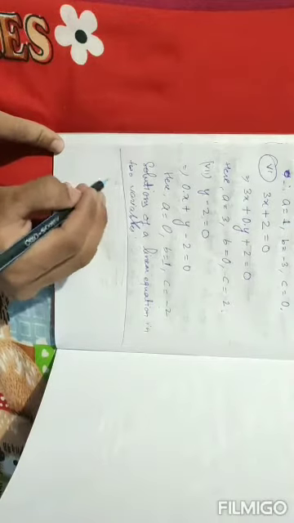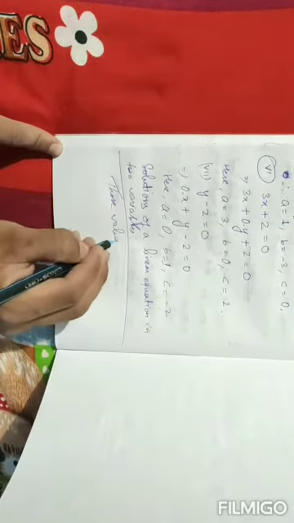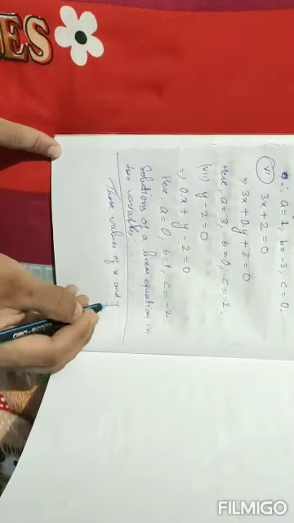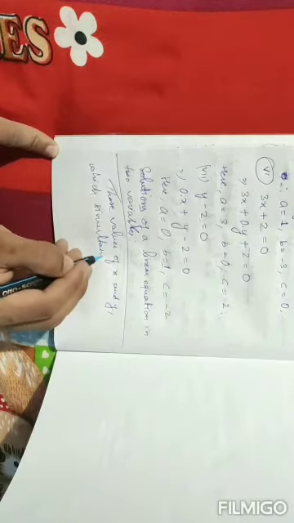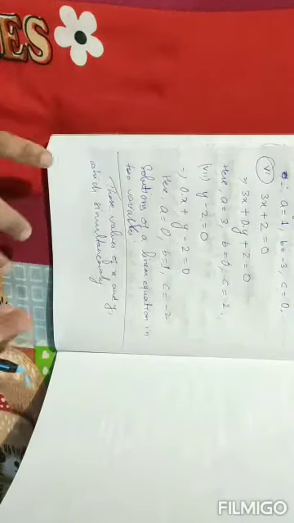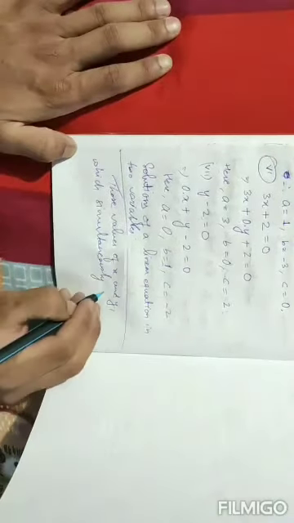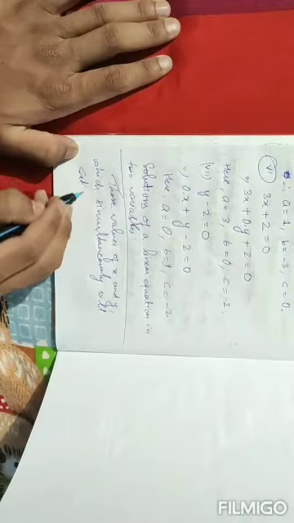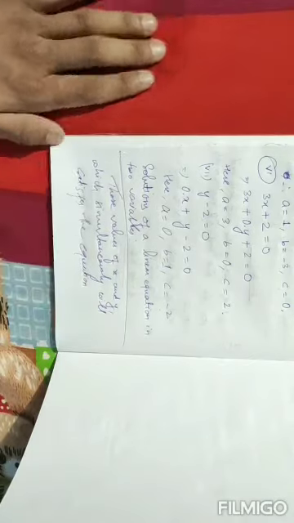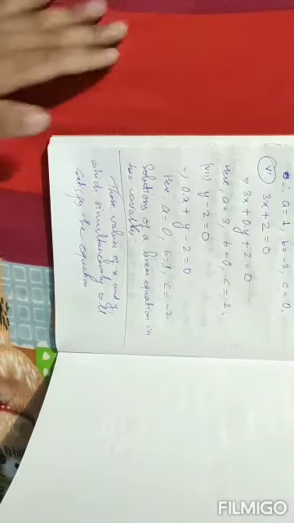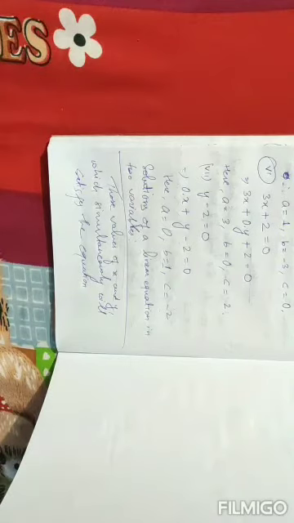Okay, so the solutions of a linear equation in two variables are those values of x and y which simultaneously, what do you mean by simultaneously? It means when we put the values of x and y together in that equation, they will satisfy the equation. Satisfy the equation in the sense that if you put the values of x and y, then that equation has to be true.